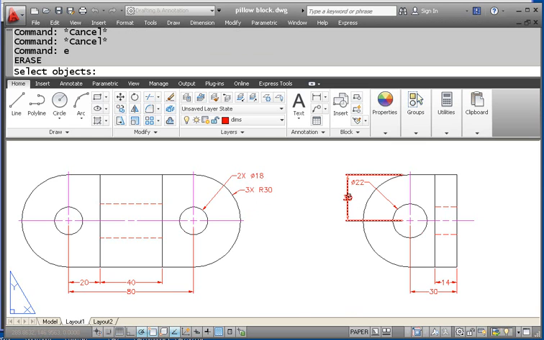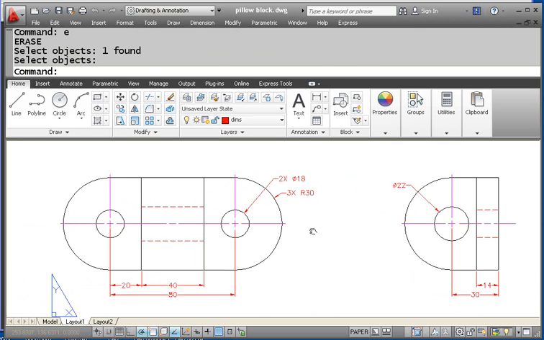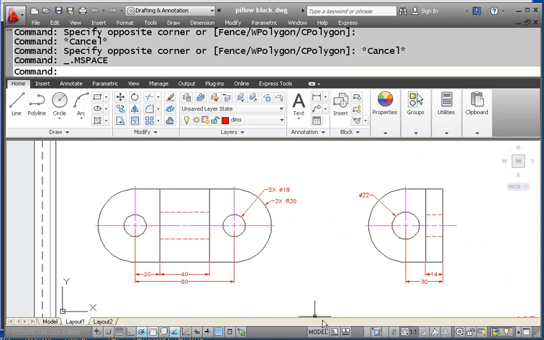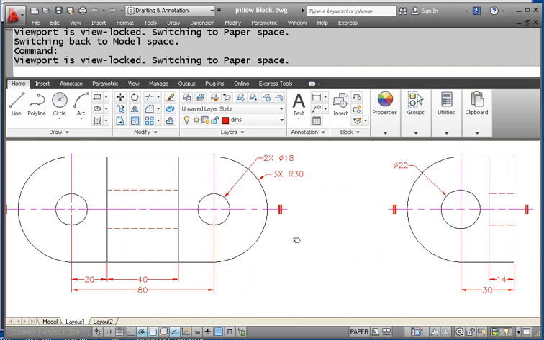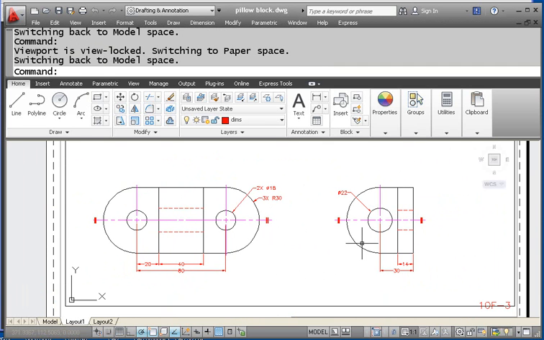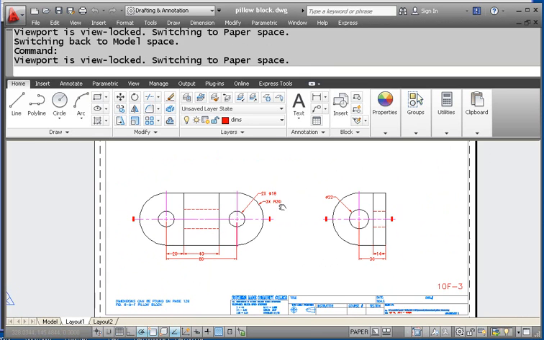Or it could be that we don't necessarily need that, because if we don't provide a dimension, then it's clear that this is centered on the part. Another way that we could handle this is to add symmetry lines. And once we add symmetry lines, then obviously this has to be centered on the part for that to work. So because of the symmetry lines, we also